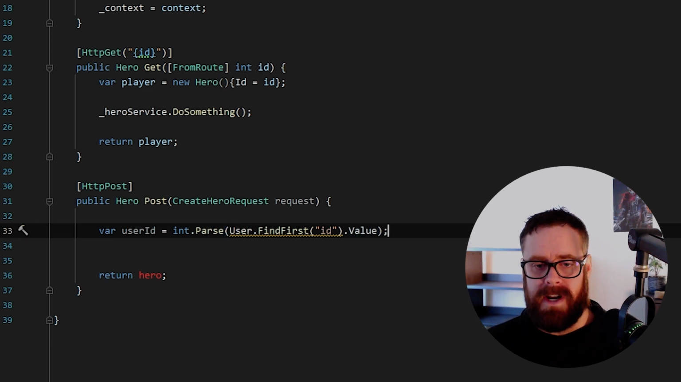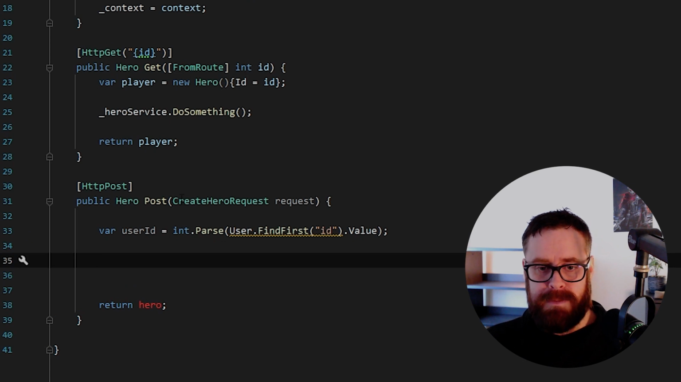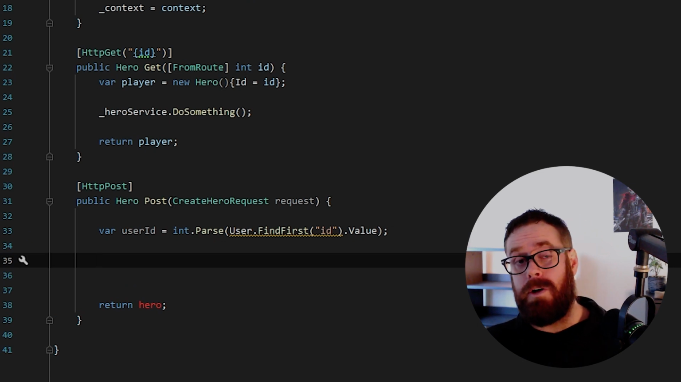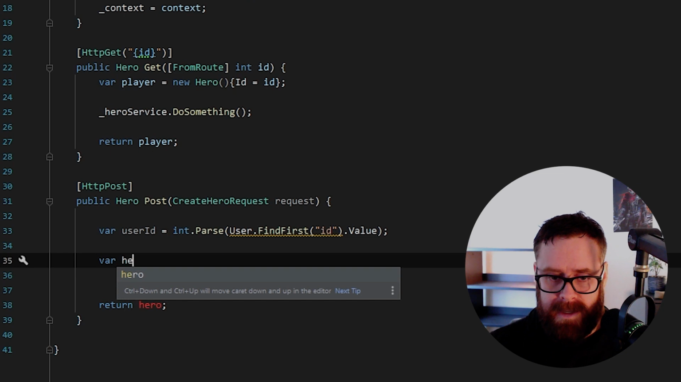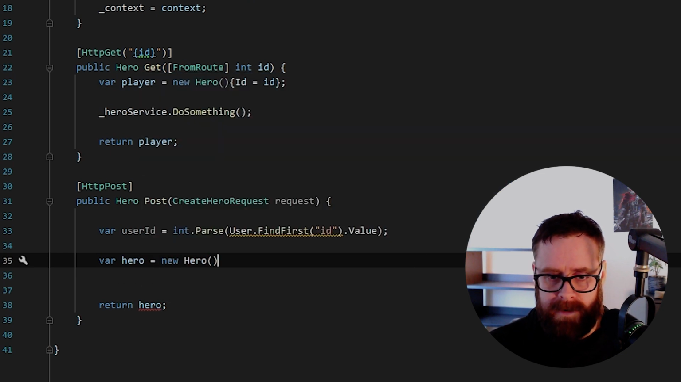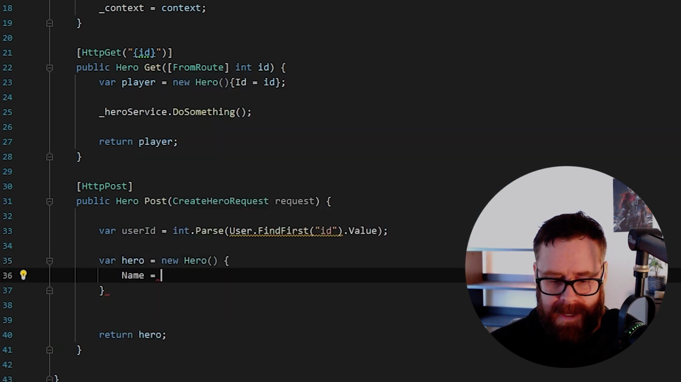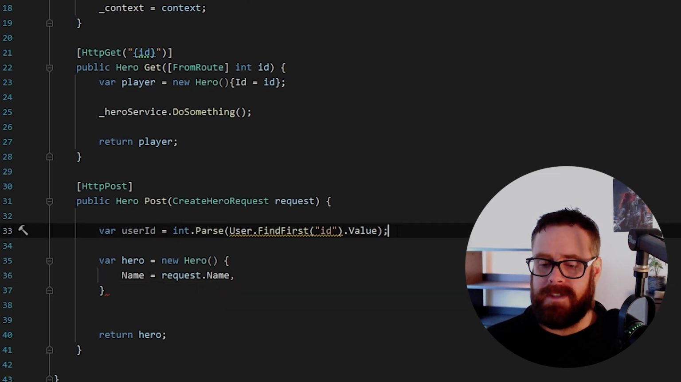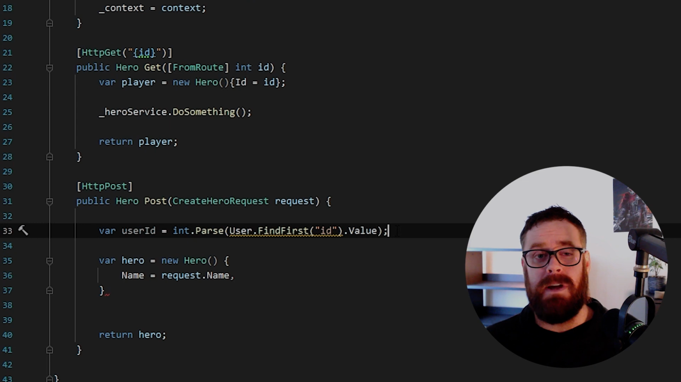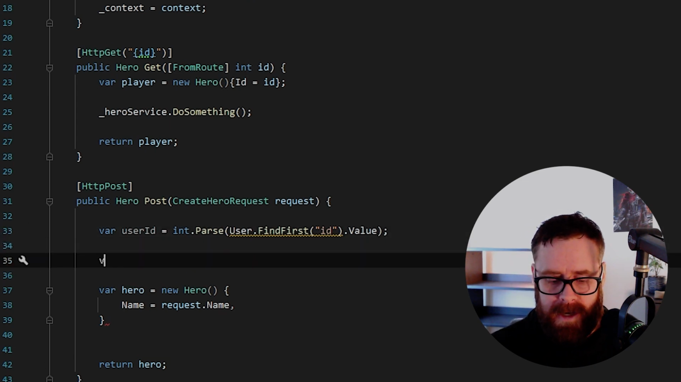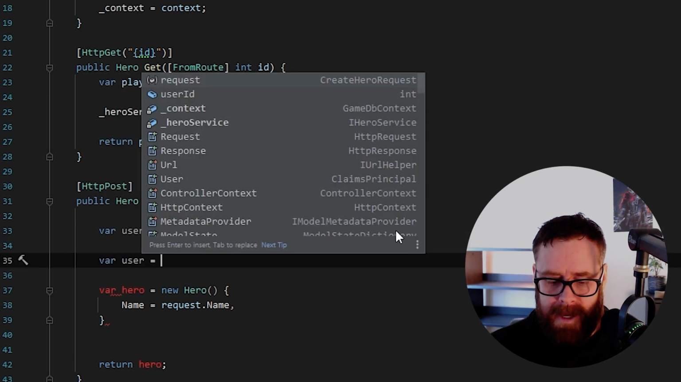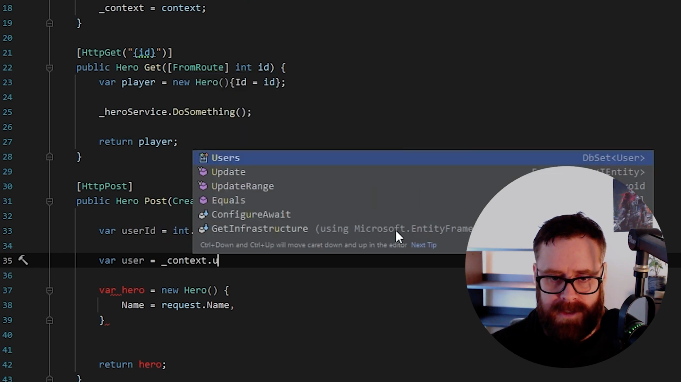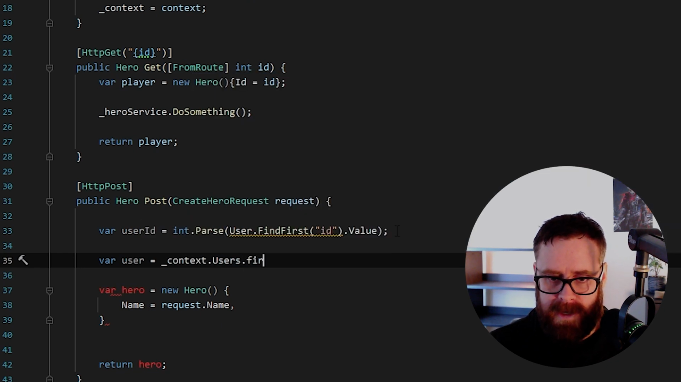So now that we've got the user ID, and this person is sent through the CreateHeroRequest with a name, we can say var hero equals new hero, and we can say the name is from the request.name. And let's assume that you only want each user to be able to create 5 characters each. Like you could grab the user here. You could say context.users.first